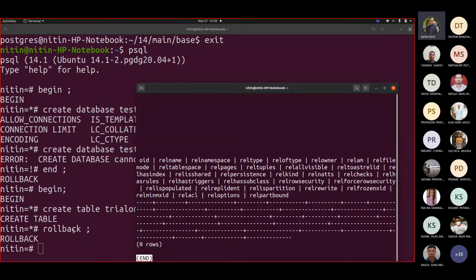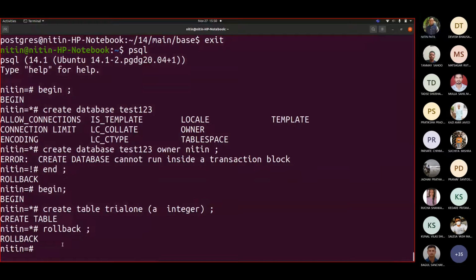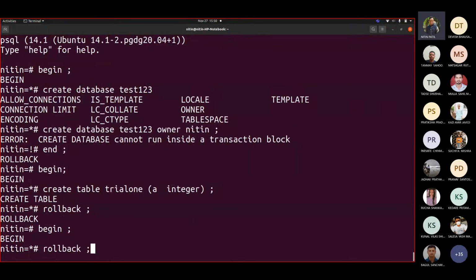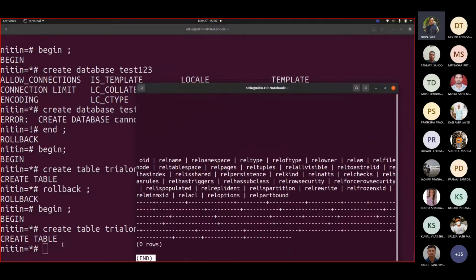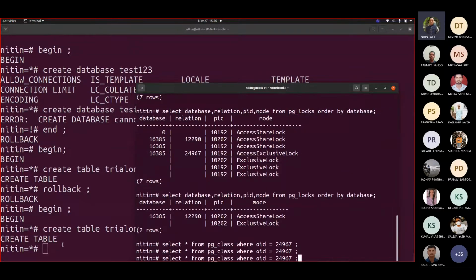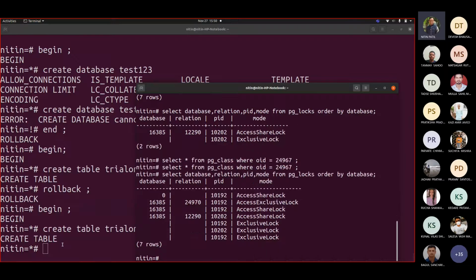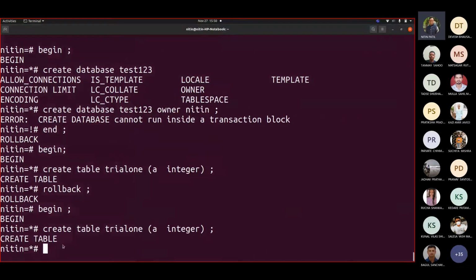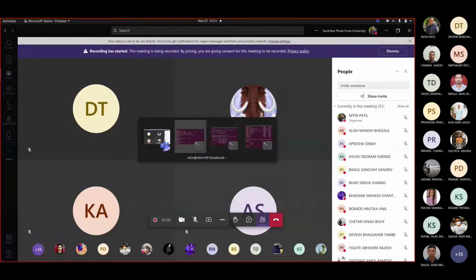Okay, you may say, let me try one thing. Begin again, because when you write rollback or commit, the transaction is ended. Create table. Now let me see this entry. Sorry, now your OID changed. Let us see the OID 12290.